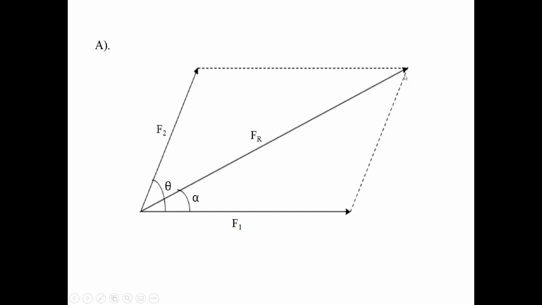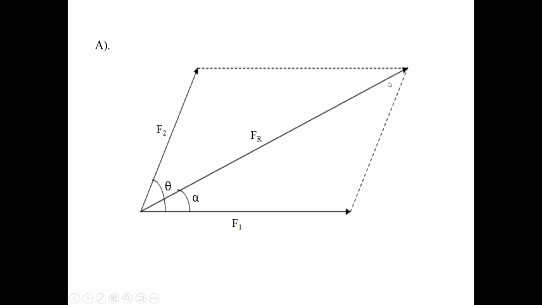The resultant force has a direction. This direction of the resultant force with force F1 is making the angle alpha. So that is very, very important. This is the direction of the resultant force. The direction of the resultant force with force F1 making the angle alpha. Alpha gives the direction of the resultant force. Alpha is the direction of this resultant force.